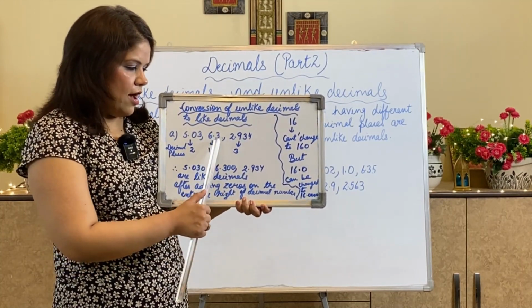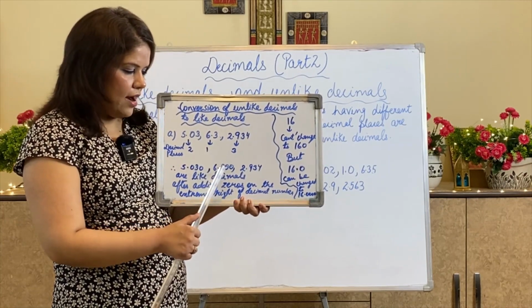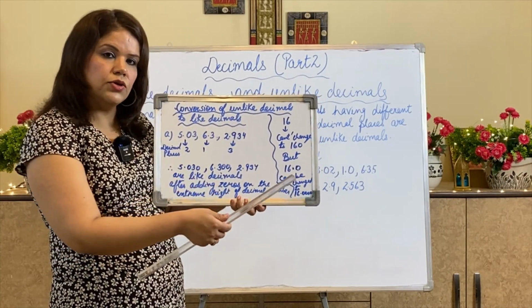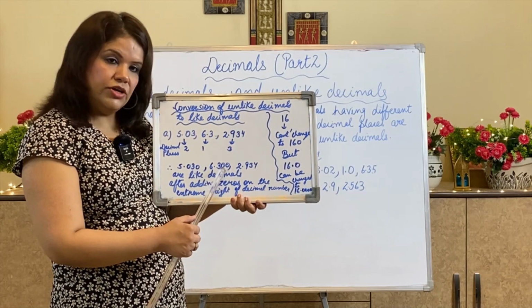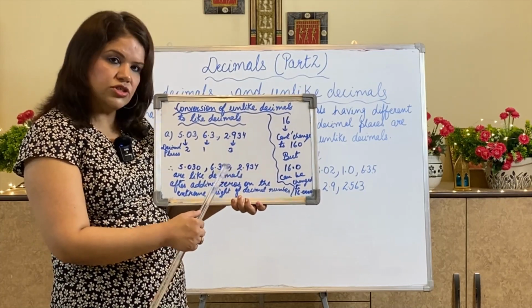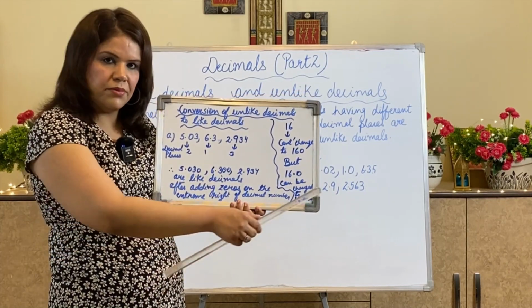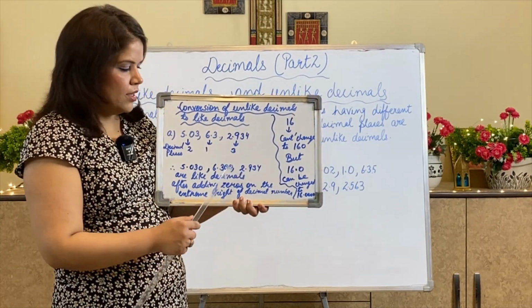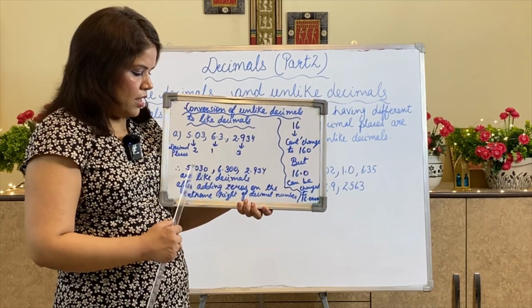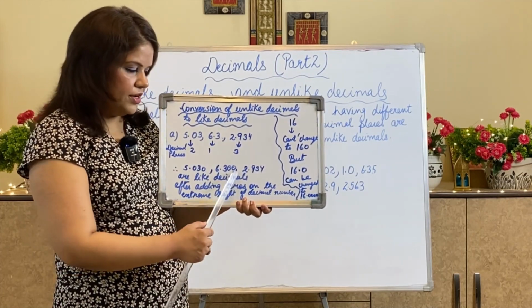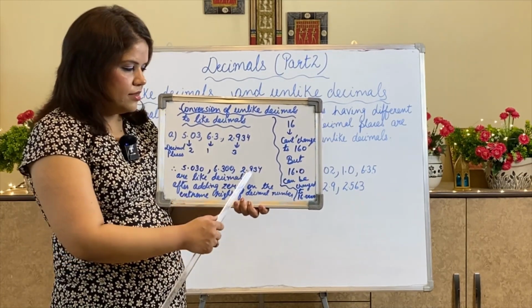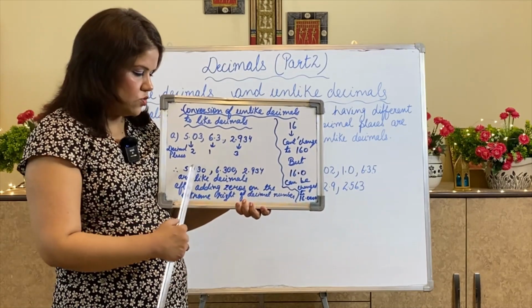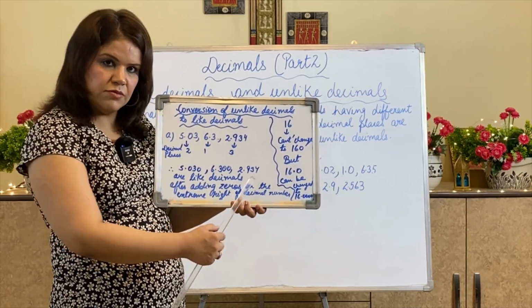Now if I have only 1 digit given and I have to make up to 2 decimal places, what I will do, I will add 2 zeros. It is not changing its value because whatever number of zeros you write to the extreme right of decimals, it doesn't change its value. So I can write 2 zeros here. I have added 1 0 here. I have added 2 zeros here. And this was 3 decimal places. So in all, we are getting 3 decimal places.